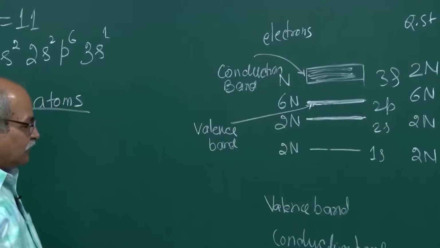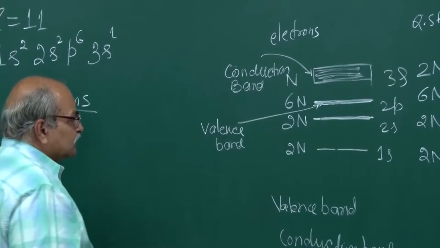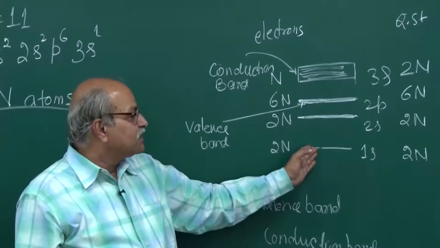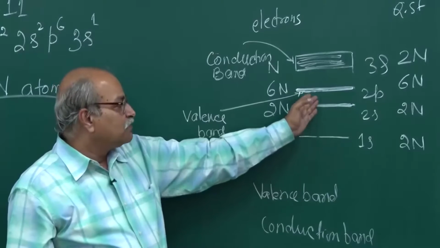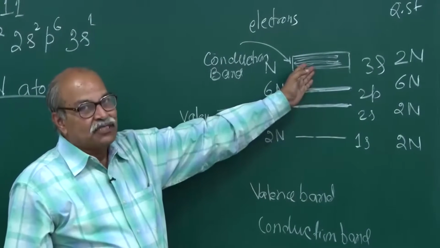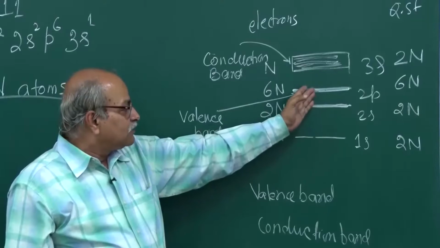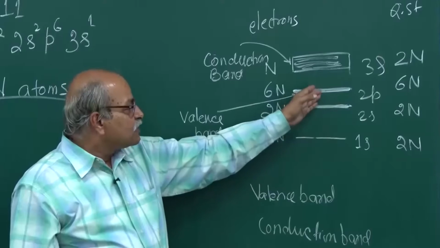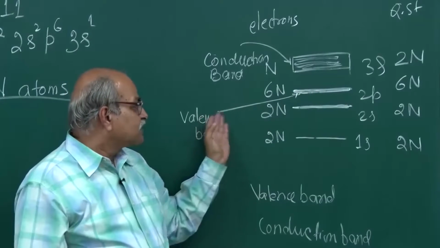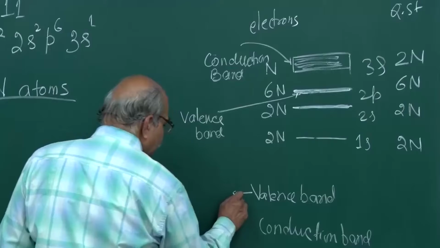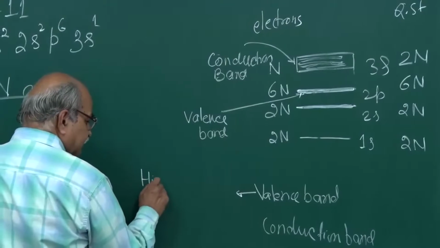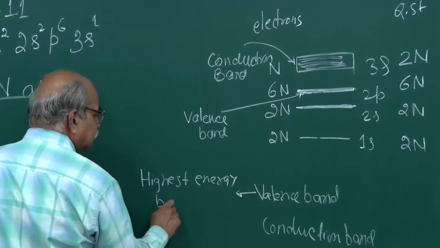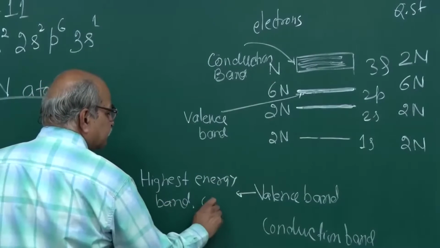So how do I qualify or identify them? For the valence band, you start from the lowest energy band, completely filled, go up, completely filled, go up, completely filled, and then this one is not completely filled. So the last band going up in energy, the highest energy band which is completely filled, I will be calling the valence band.